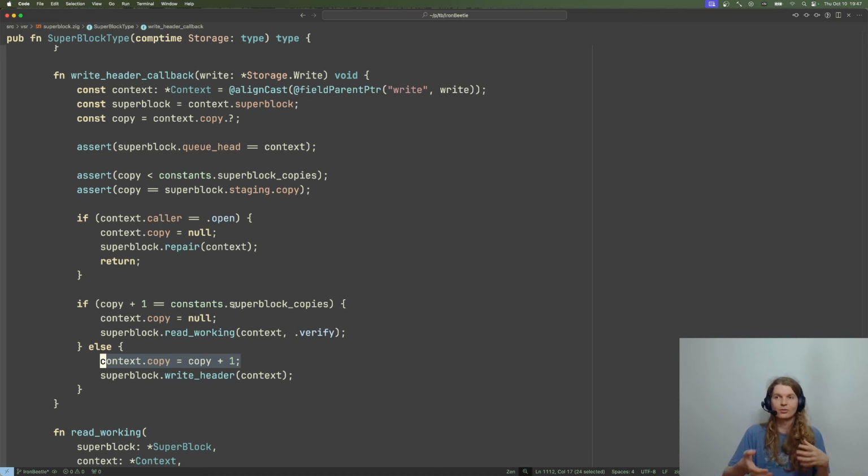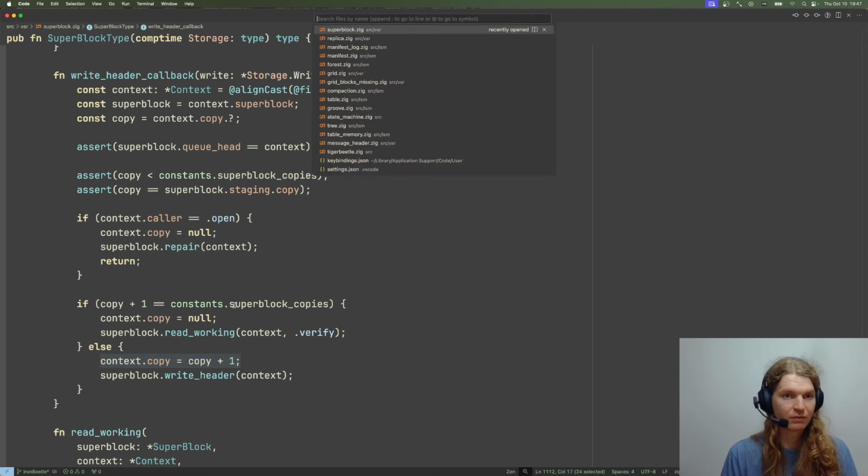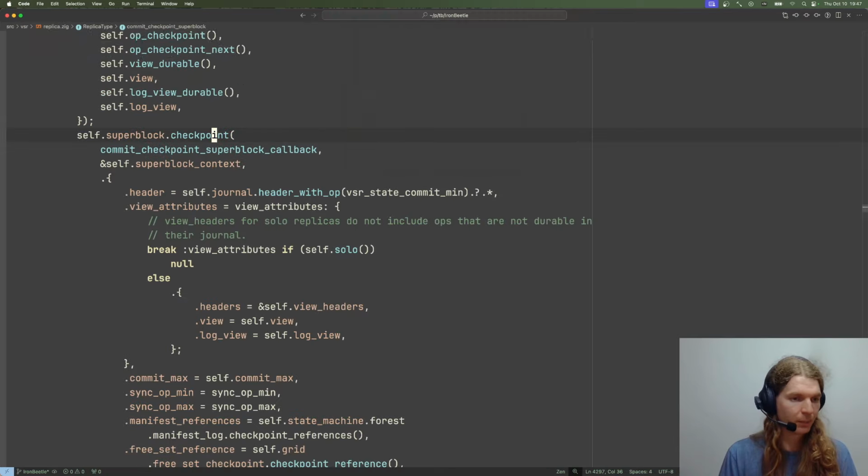And this allows us to sort of read operations. But superblock also contains the pointer to the block that encodes a free set. So we also read that block. We decode the free set, and now we have the free set, so we can allocate and free the blocks. So we could run compaction, and we could continue our, like, everything. So that means that we go back to replica,